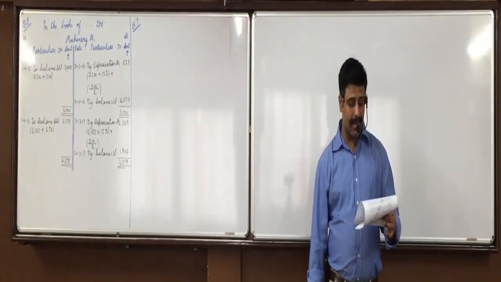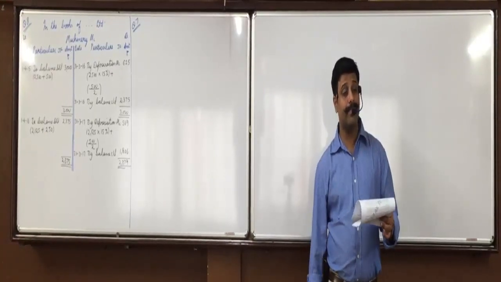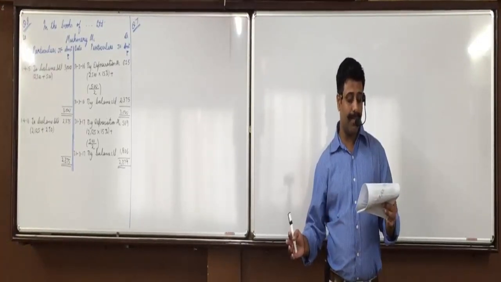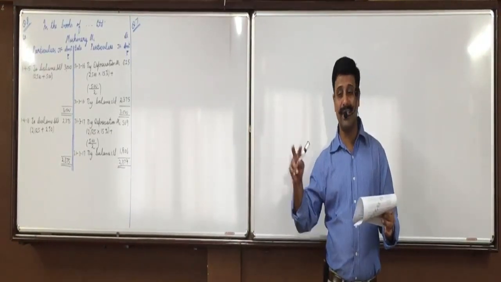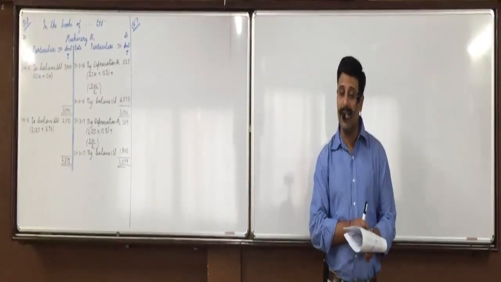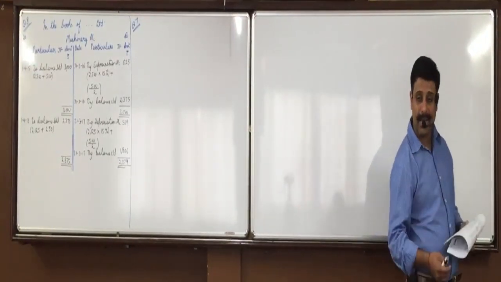And if you are providing by option B, first by SLM method, then for the first 4 years it will remain 3.9. From the 5th year onwards, not 3.9, it will be 15.6 into whatever is the percentage of depreciation as per WDV. Whatever the percentage of depreciation by WDV, that will be calculated.